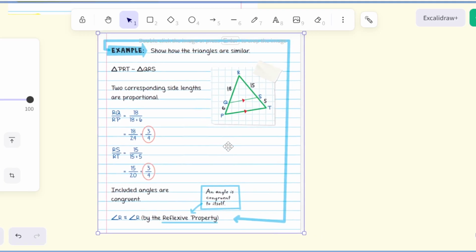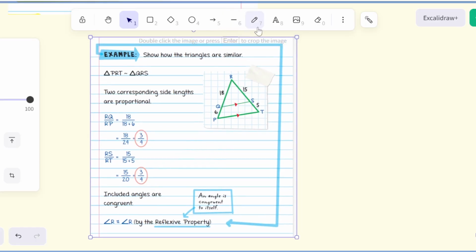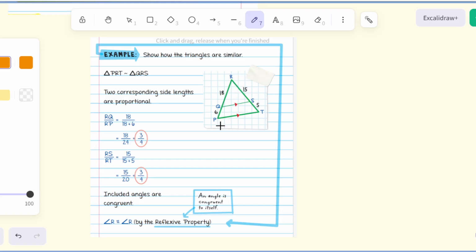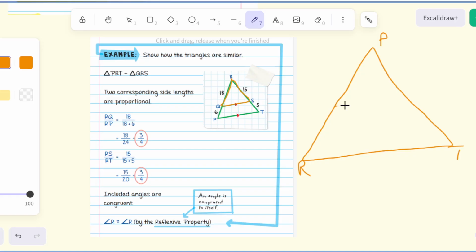Okay. So these questions will come like this, Pranshi. They'll ask you to prove that two triangles are similar. Which triangles are they considering? PRT, meaning the bigger one, this one. And QRS, the smaller one. So basically, let me make it a little smaller for better understanding. So this is PRT,